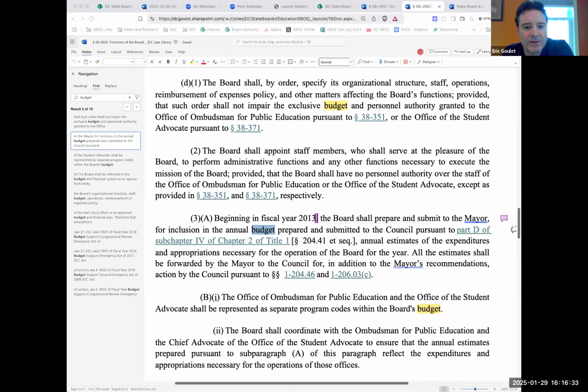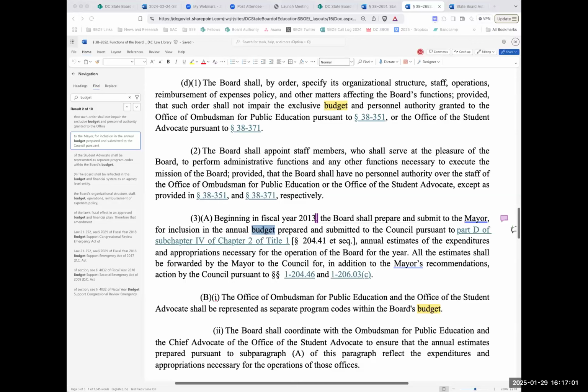So I think this is perfect the way it's written, in my opinion, because it doesn't address whether we do or don't have to abide by the mark process, which I think, since the mayor can submit whatever he or she wants with the budget, doesn't matter one way or the other. But we should be submitting an annual budget. I don't know if that helps clarify anything.